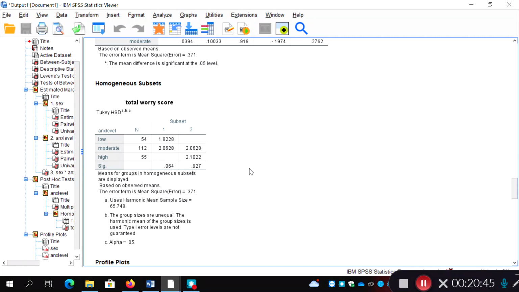And you'd need to make a decision, really. It's a judgment call as to which you decide beforehand. And the reason I selected this as an extra post hoc test was to illustrate the fact that you can get different results depending on how strict a test you use. I'd have gone with Bonferroni, I think, in this case. And it showed that low was significantly different to moderate and high. But if you use Tukey's honestly significant difference, then low is only significantly different to high, but not moderate. Okay, so